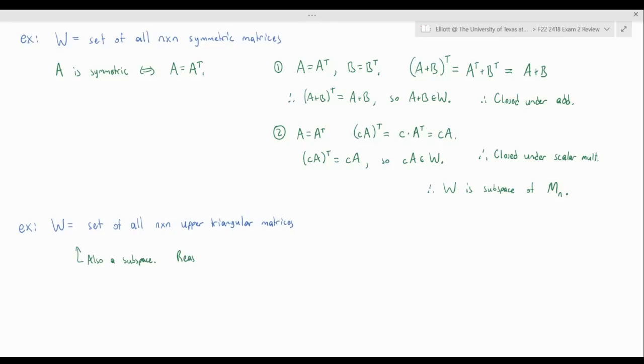So super quick reasoning, basically, it's closed under addition because if you add two upper triangular matrices, the result is still upper triangular. I'm just gonna shorthand triangular with a triangle. Yeah, so the sum of upper triangular matrices is still upper triangular. So that means that it's closed under addition. Likewise, if you take an upper triangular matrix and you multiply it by a scalar,